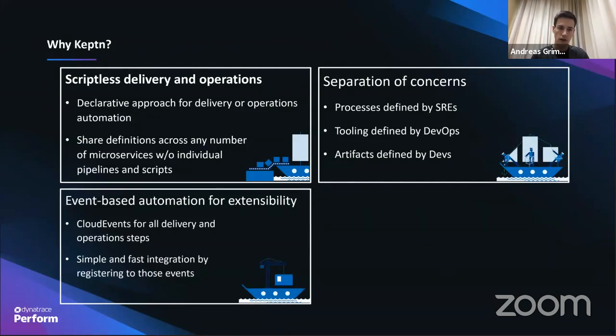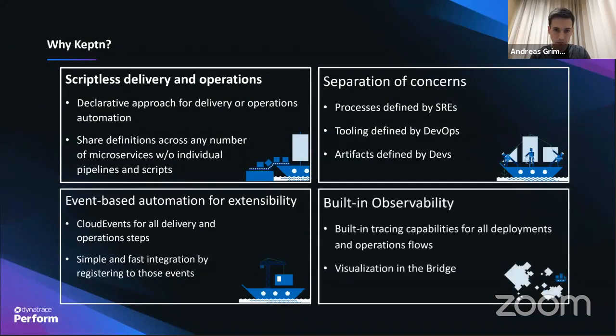So our events are JSON objects, and these JSON objects follow the so-called cloud events specification. And having such an event-based mechanism really allows you a simple integration of new tools, because you simply have to register on a type of event, and then your service gets triggered and this service can execute its actions.